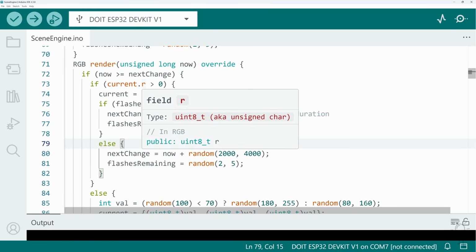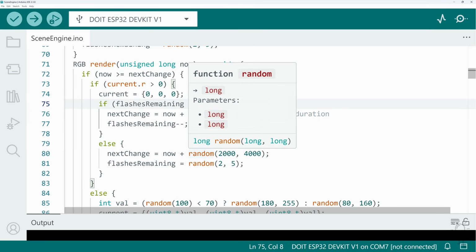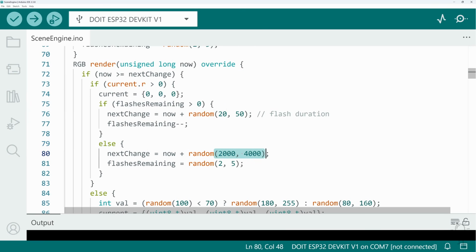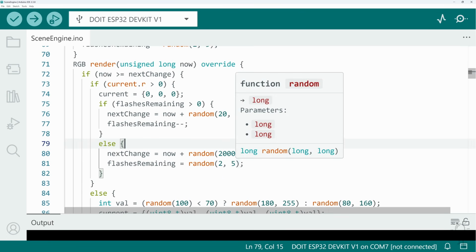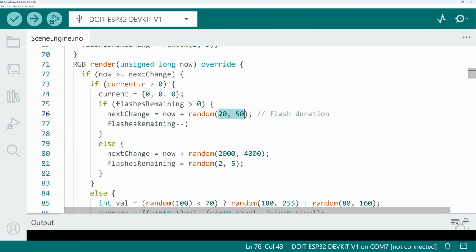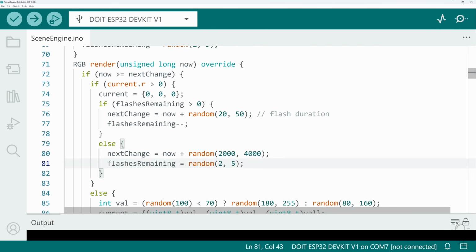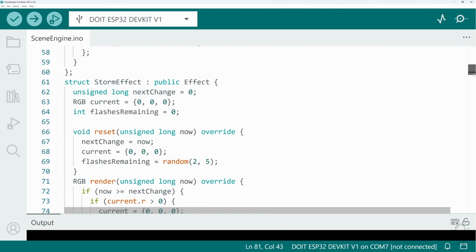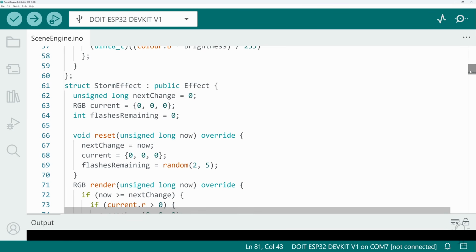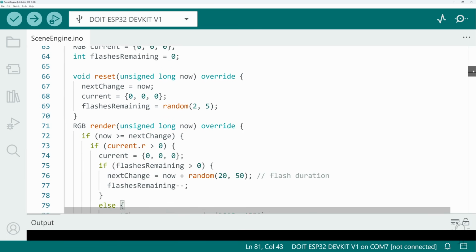If we are not within a burst of flashes, we put a longer duration break before the next burst happens, so somewhere between 2 and 4 seconds, and then we start again with a new round of flashes. So we have somewhere between 2 and 5 flashes, very, very close together, then we wait for somewhere between 2 and 4 seconds, and then we have another burst of flashes. So this is my storm effect, and this is just a demonstration of how you can use different kinds of animation functions to create different sorts of